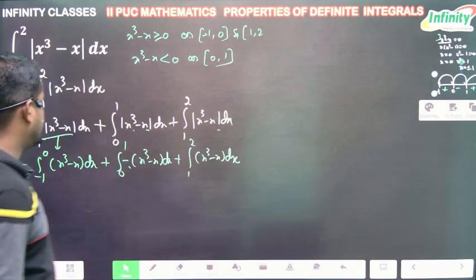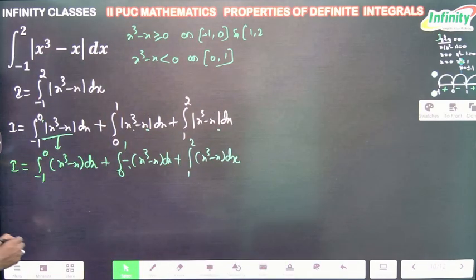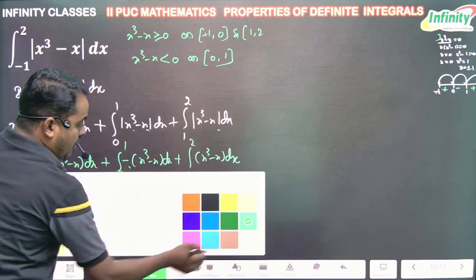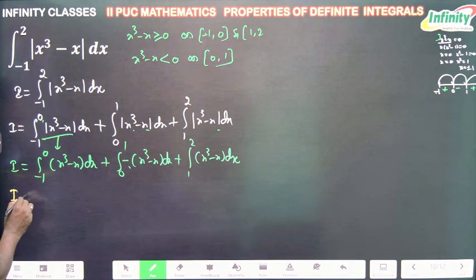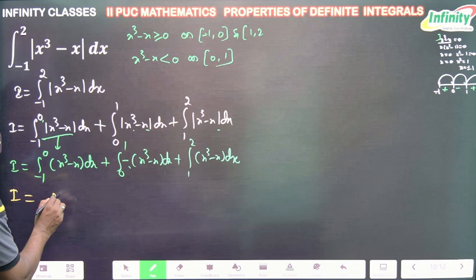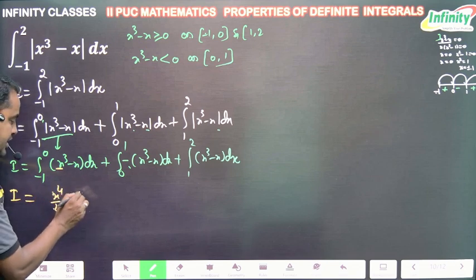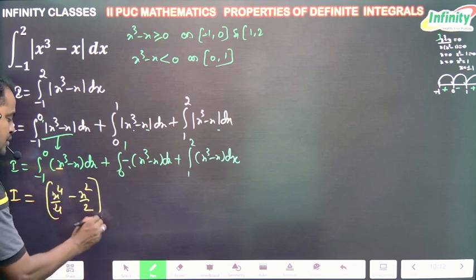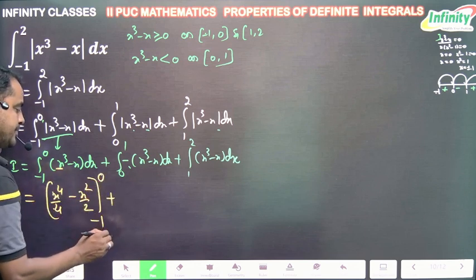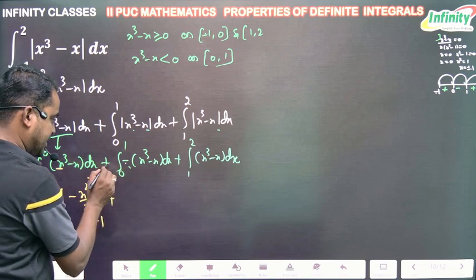See here. Now we have to integrate this one, that is I is equal to x raised to 4 divided by 4 minus integration of x cube is what? X raised to 4 by 4. Integration of x is what? X square by 2 between the limit minus 1 to 0 plus,